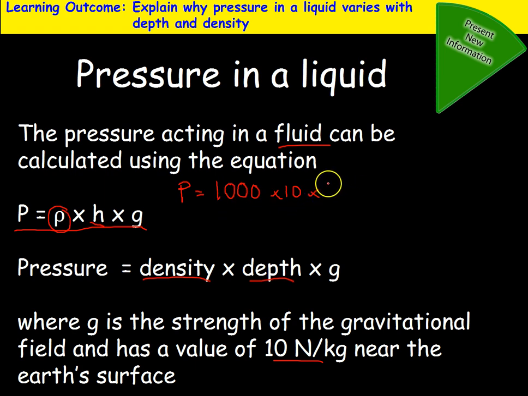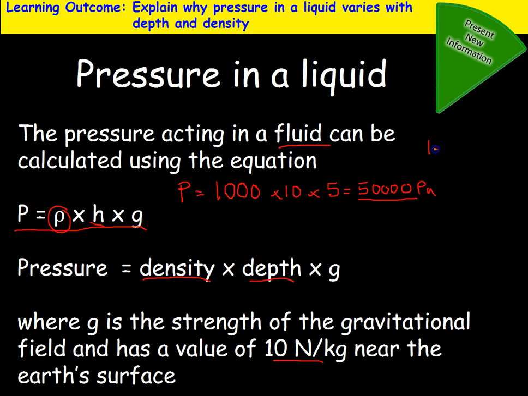Let's say I wanted to know what it was at 5 meters deep. The depth or height is in meters. So obviously that's going to be 50,000 pascals. That's how much pressure there is if I'm 5 meters down in water,